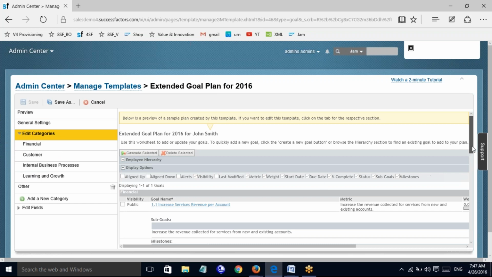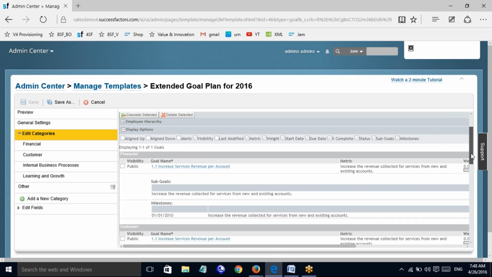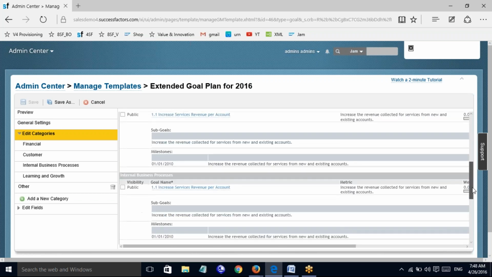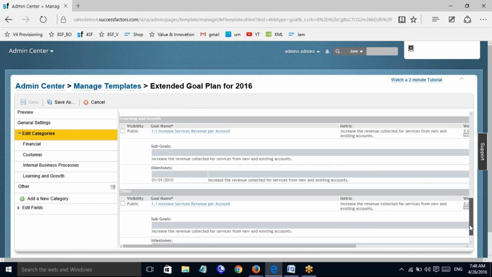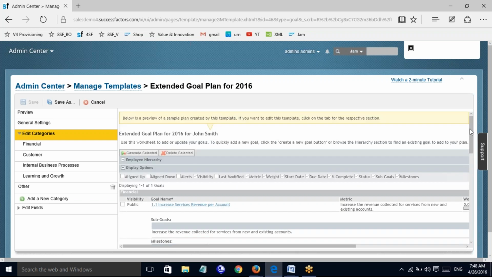You can see the rest of the other things, right? You can even add your own multiple custom categories as well.